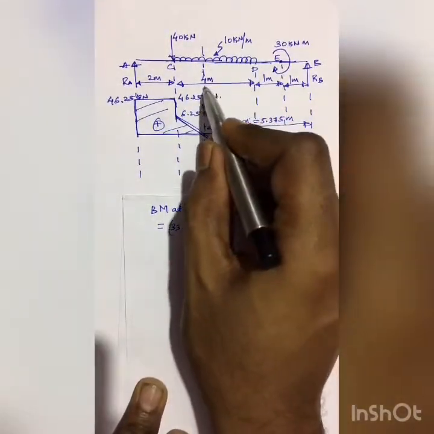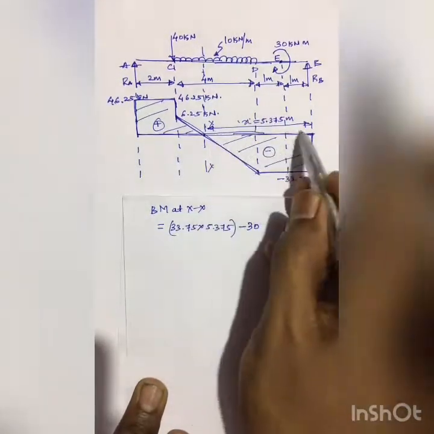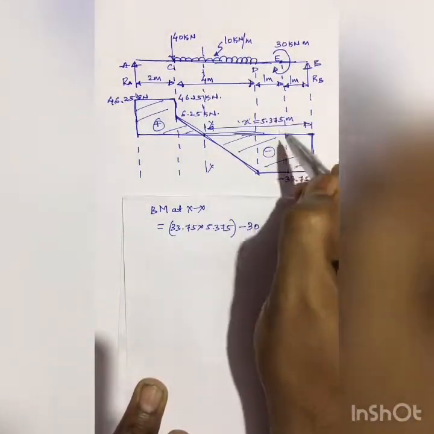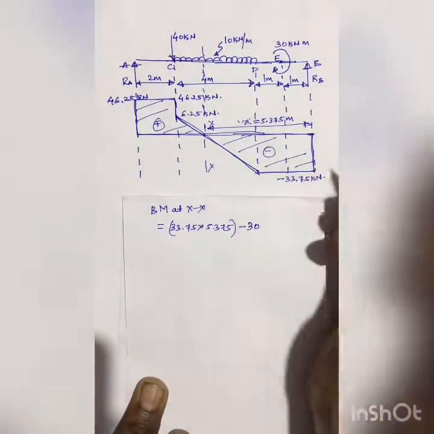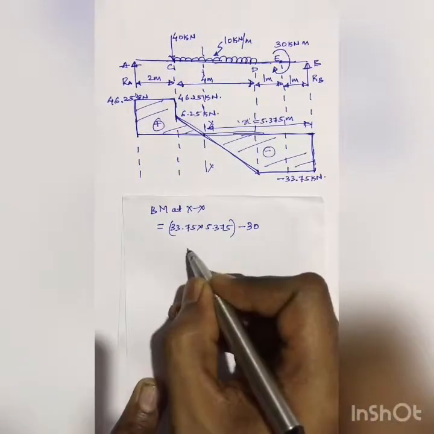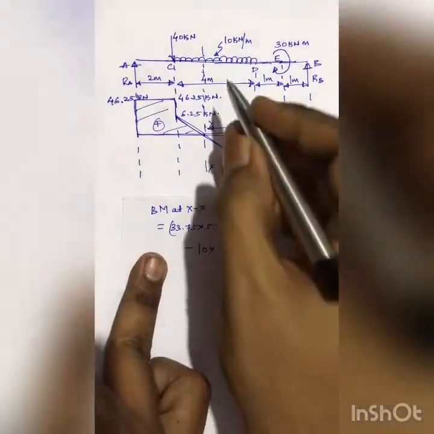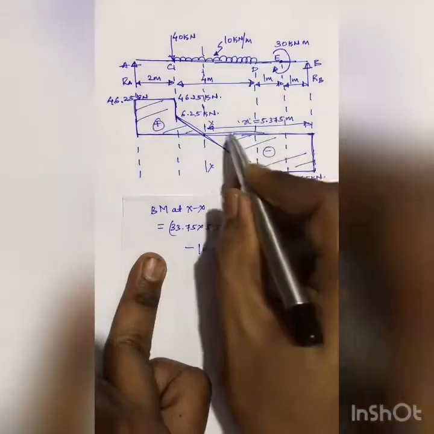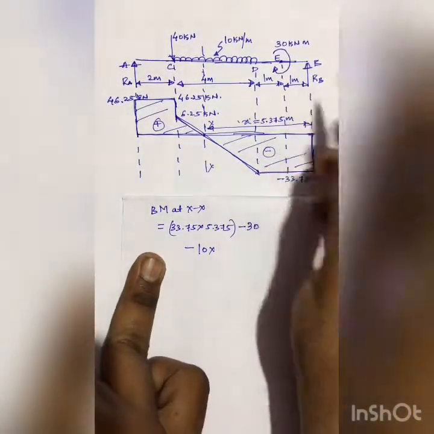So I need to know what is this distance. This distance, is it not x minus 2? That is 5.375 minus 2, that is 3.375. So I'll write here minus 10 into this length, 5.375 minus 2, that is 3.375,